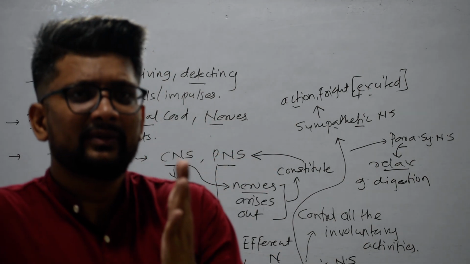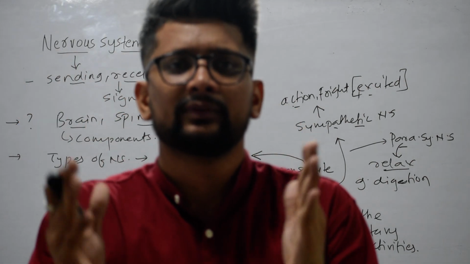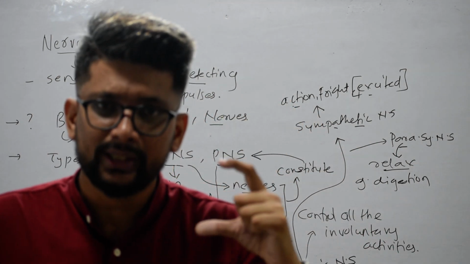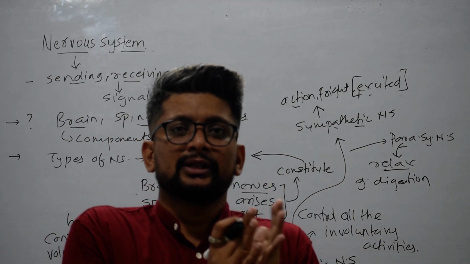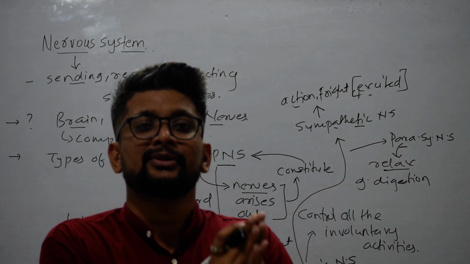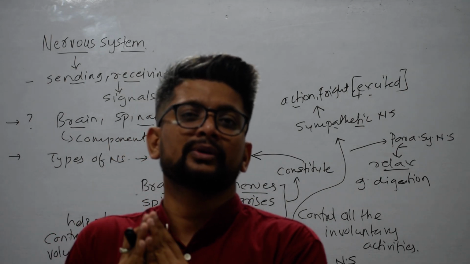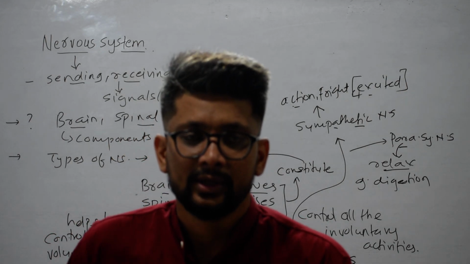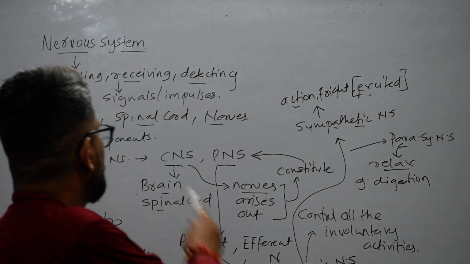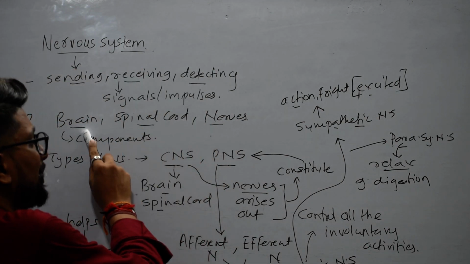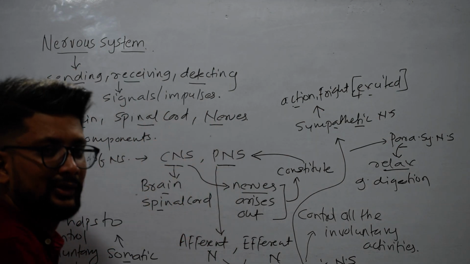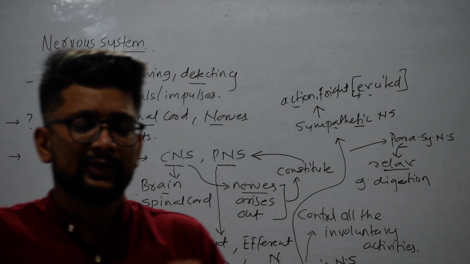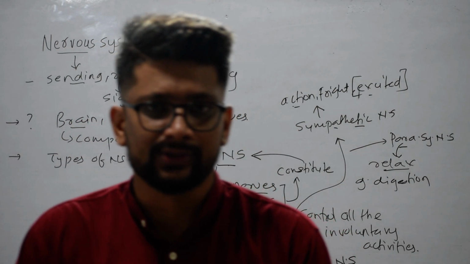So, when we talk about a neuron and a nerve, a neuron is a single unit. And when we take a bunch of that single unit, I mean to say neurons, then the bunch of neurons can be said as nerves. So the nervous system is basically made up of three main components: brain, spinal cord and nerves. Now, this was all about the components of the nervous system.